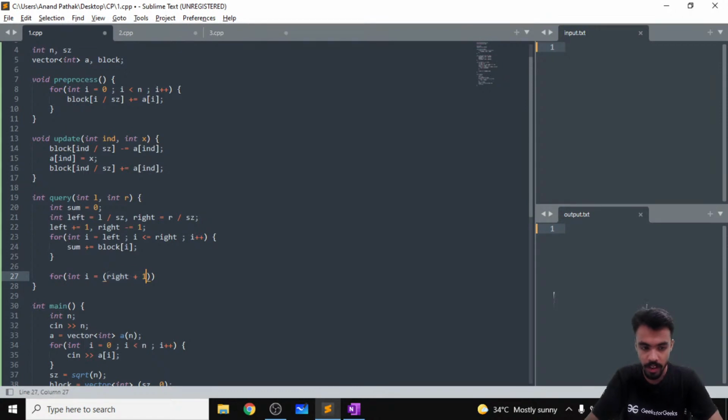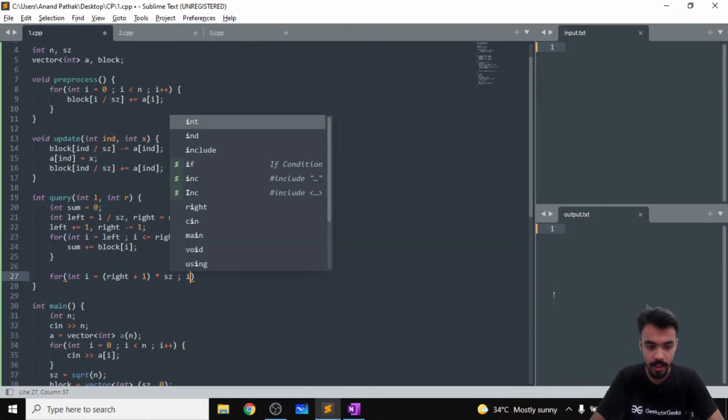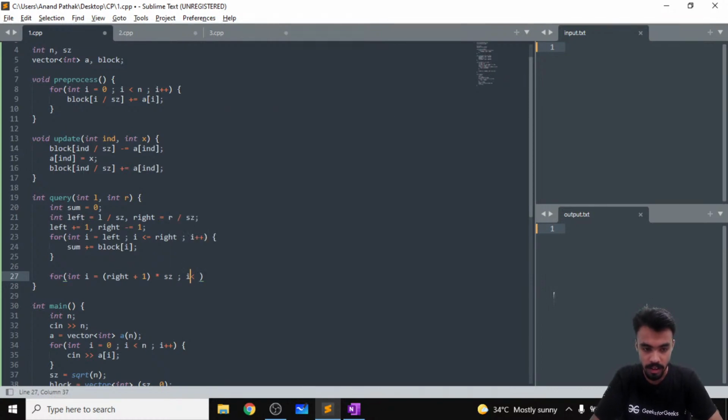Okay, and we are not targeting the chunk here, we are just targeting the individual elements. So to get the index of the individual element, we have to multiply it with the size. Okay, and this should be less than or equal to this particular index plus we will be taking the modulo of r with the sz. So this r modulo sz would be giving us the number of individual elements that we are required to take